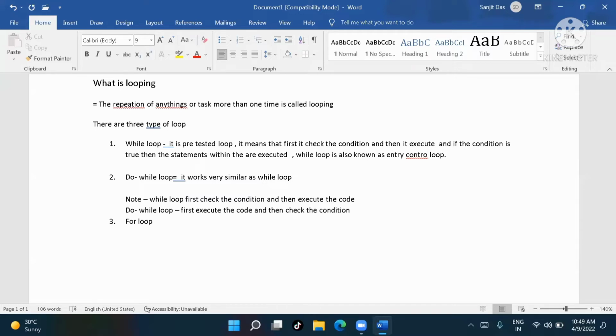Do while loop is also known as an exit control loop. Understood this?